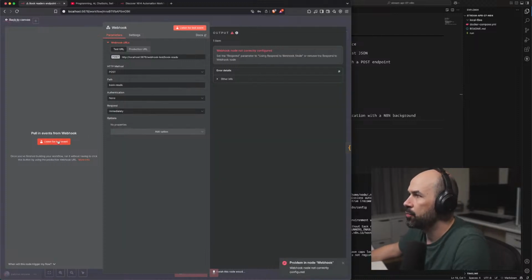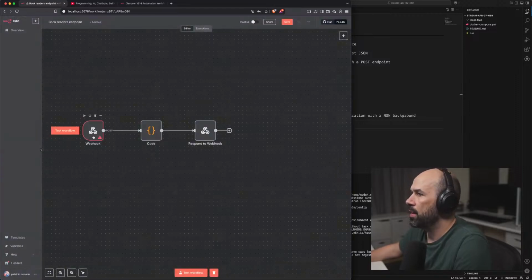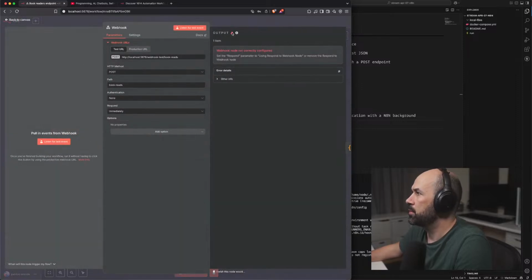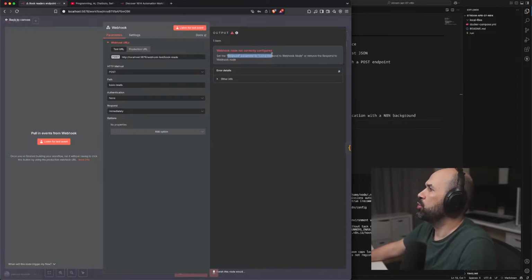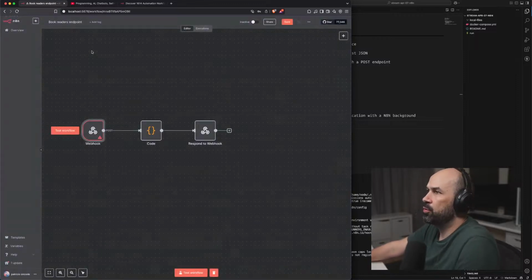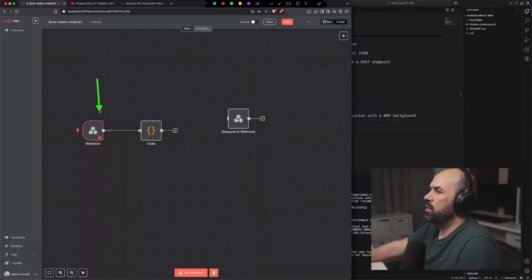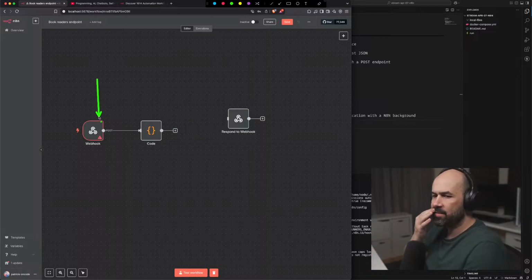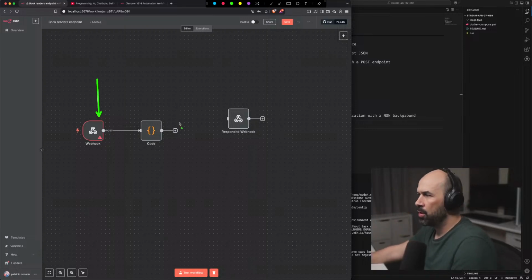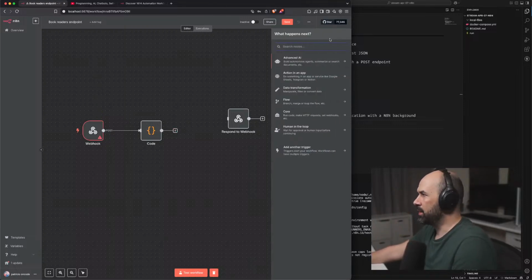So I want to listen for a test event. Please resolve outstanding issues. What are outstanding issues? Webhook node not configured. Set the response parameter to using response or remove the respond to webhook node. Okay, so should we delete the connection? Yeah. So if we run this in the background, we are then expected to perform a post request somewhere.